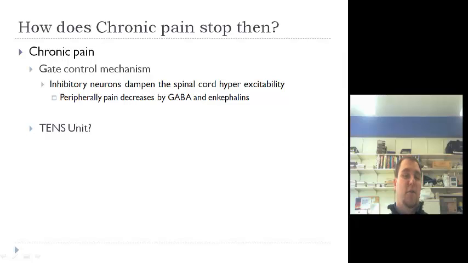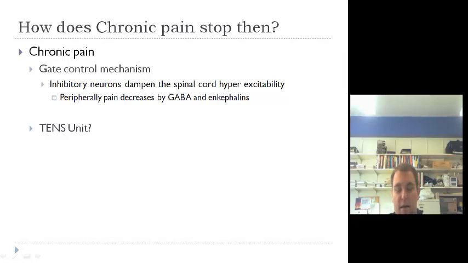So with the new pain control theory, the new law of pain, and a TENS unit, you can change the settings on a TENS unit, the waveform and whatnot, and that can help control chronic pain. It stimulates the gray matter and the dorsal horn of the spinal cord, and it stimulates more mediators to be released, such as enkephalon, GABA. I have up here in a couple slides another example of getting slapped on the wrist. We'll get to that in a second.